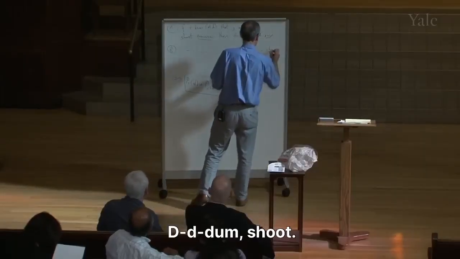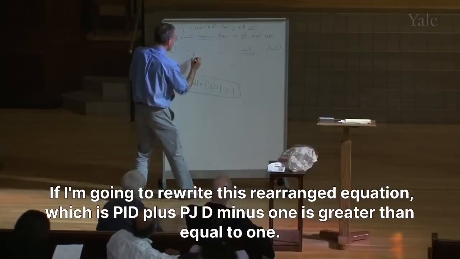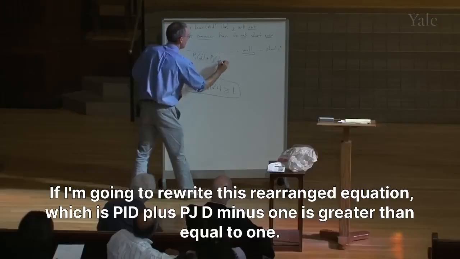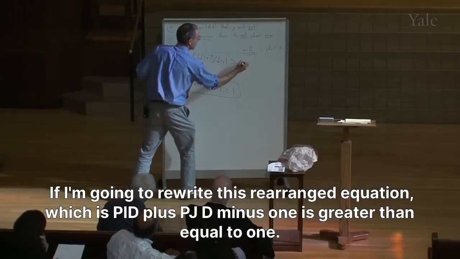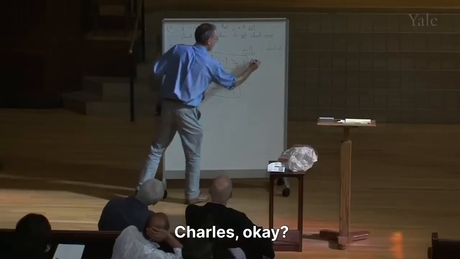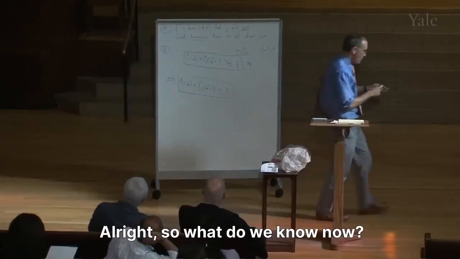I'm going to rewrite this rearranged equation, which is P1D plus P2D minus 1 is greater than or equal to 1. There it is. Charles, okay? Yeah, okay. All right, so